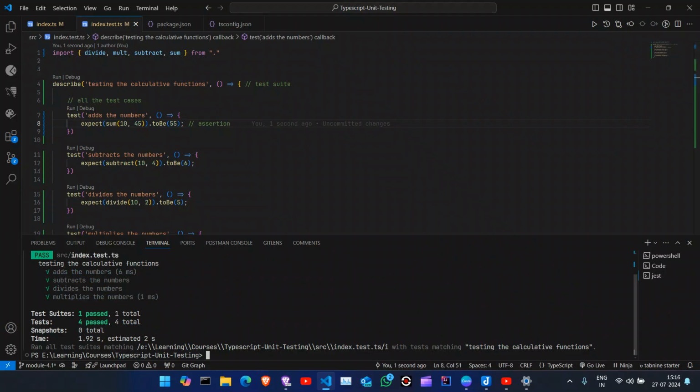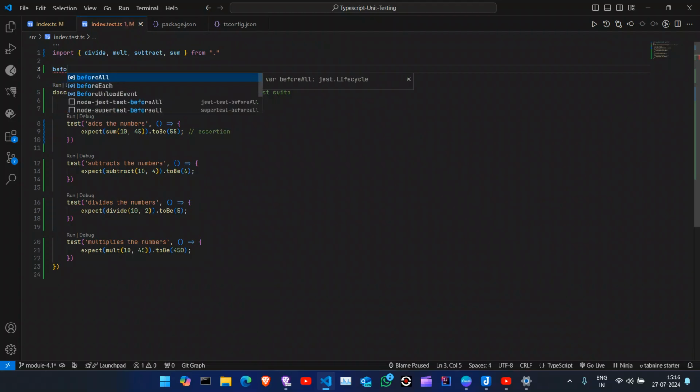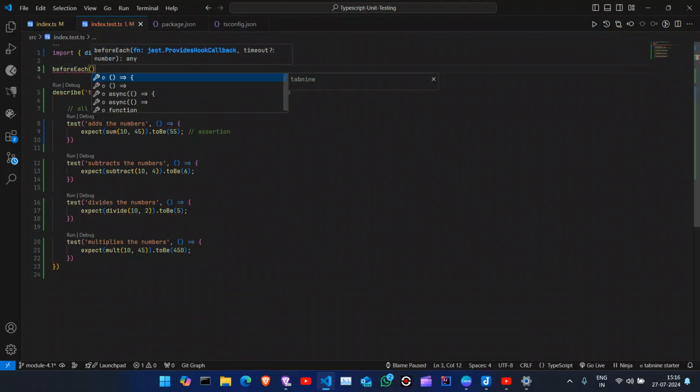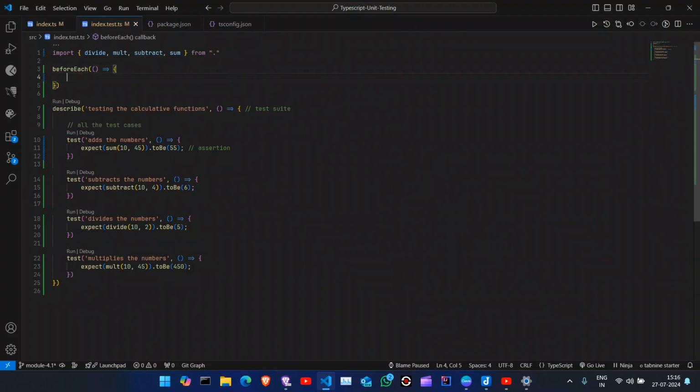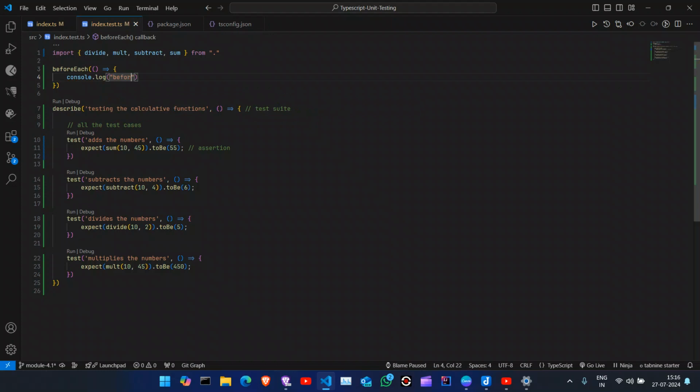Four tests passed. Alright, add the numbers, subtract the numbers, divides the numbers, and multiplies the numbers. Alright guys, this is working fine. So now we will have setup and teardown. So the setup, before each, let's say console.log before each one,